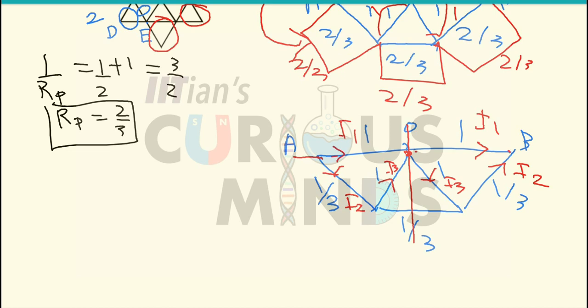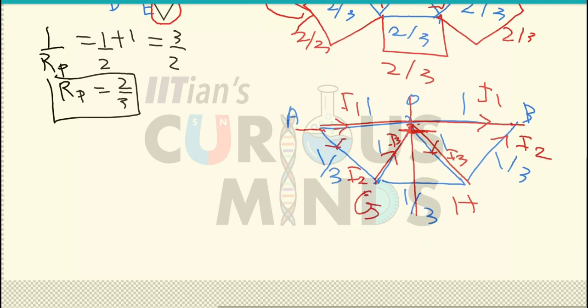So there is no flow of current, and the same current flows from, let this point be G, and let this point be H. From G to H, the incoming and outgoing current are the same. From point A to O, the incoming and the outgoing current are the same. So this circuit will not be connected at point O.